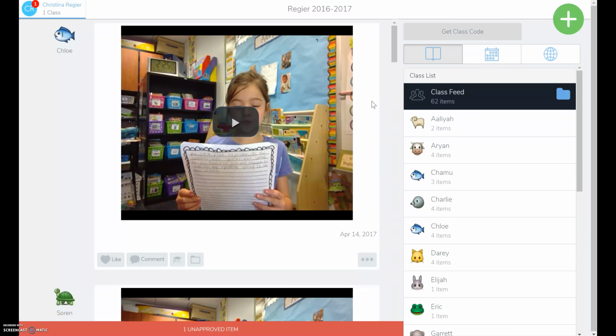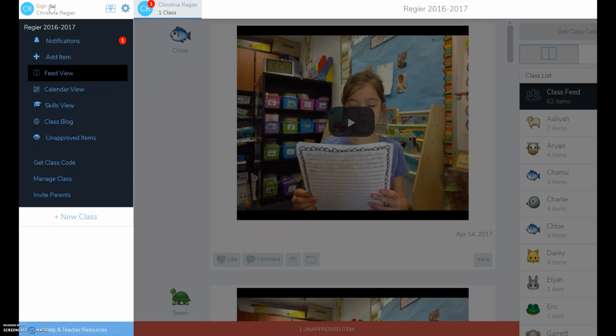And when I sign in, this is the screen that I will see. I will see my students to the right and how many items they have in their Seesaw journal. And then I will also see all their approved and unapproved posts. So when you first set up an account, you're not going to see any of this. So you will go up to the drop down up here at the top, and you will go to Manage